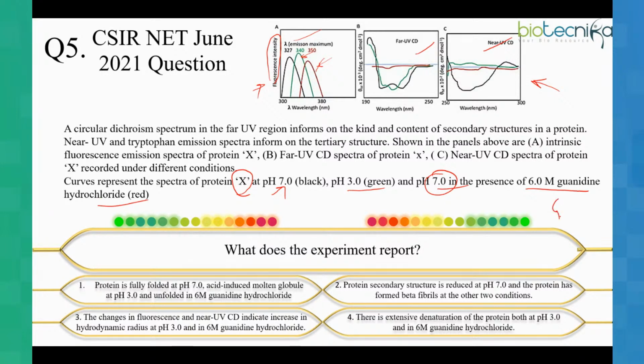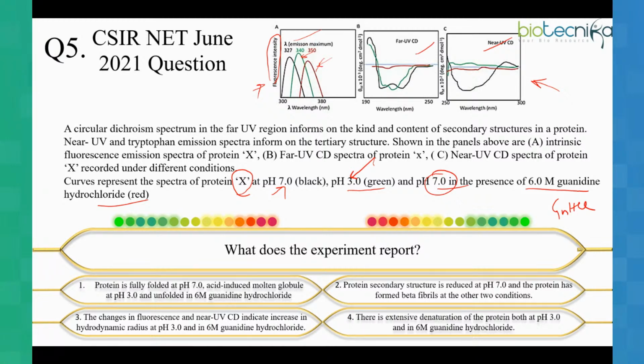Guanidine hydrochloride is actually a denaturing agent. It is called a chaotropic agent, which can denature the protein. Now you would know 6 molar is a good amount, even if you take pH 7, but it would probably denature the protein. pH also, we know, if it is disturbed, the protein conformation might also be disturbed,